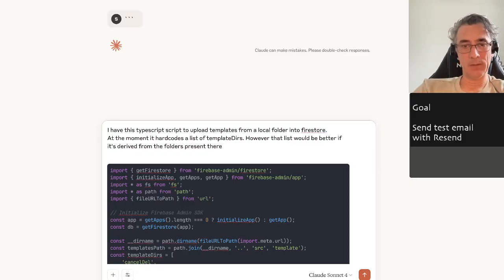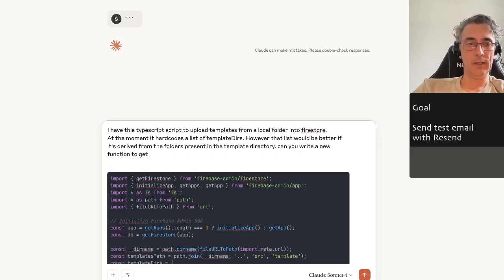They are present in the SRC template directory, right? Can you write a new function to get the list of folders in a specified